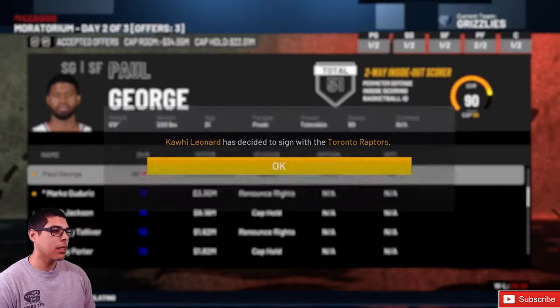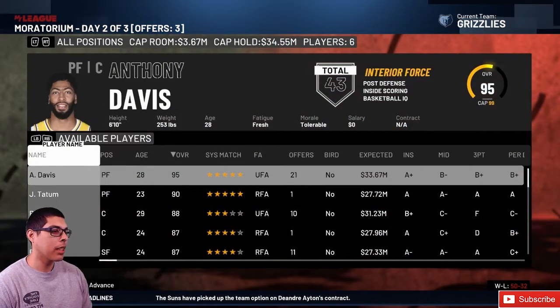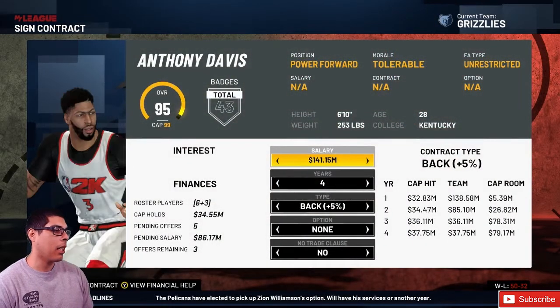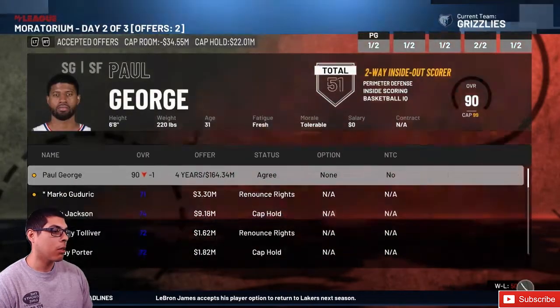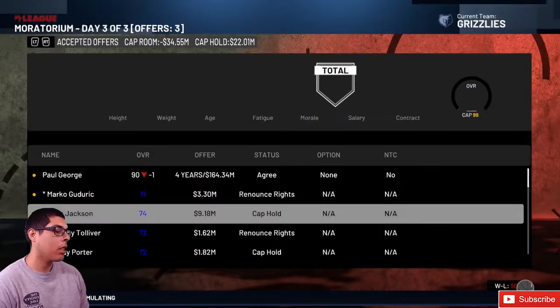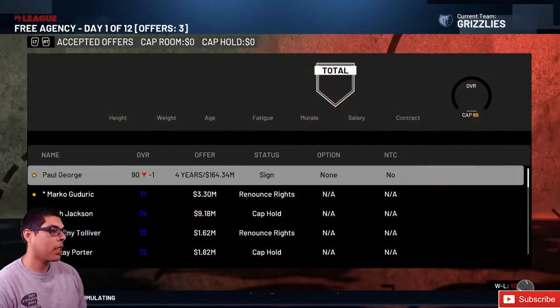That really sucks. Do I even want Paul George, man? Is anyone else out here? Anthony Davis. If I can get AD, I mean, I'd rather trade AD. I feel like he has more trade value. So yeah, we don't even get Anthony Davis either. So I guess we'll just get Paul George, and then I might try to...